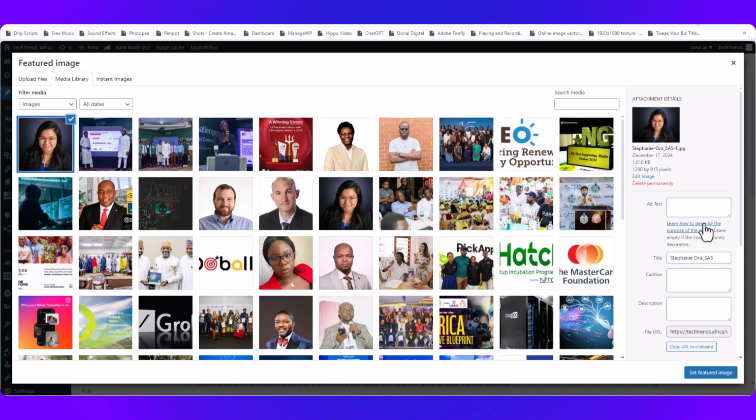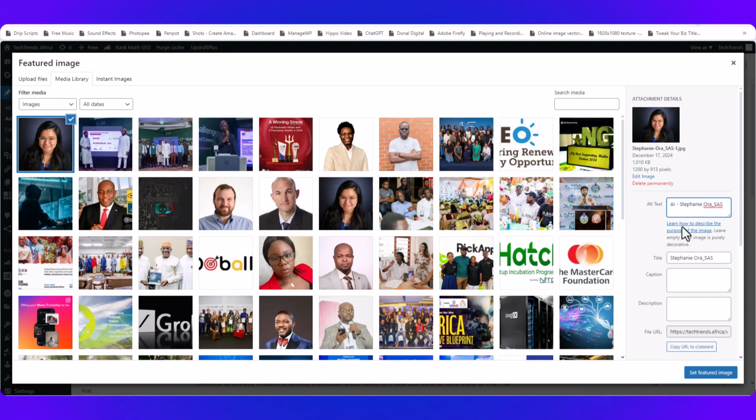So we are going to now come to here where we have alt text. Our keyword is AI. So I'm also going to put that here, which is the alternative text. Meaning that if this image fails to load, then Google will know, okay, this is what this image is all about. So that's what this alt text, which is alternate text, is for, and we are going to put that there. I also want to put in the name of the author,